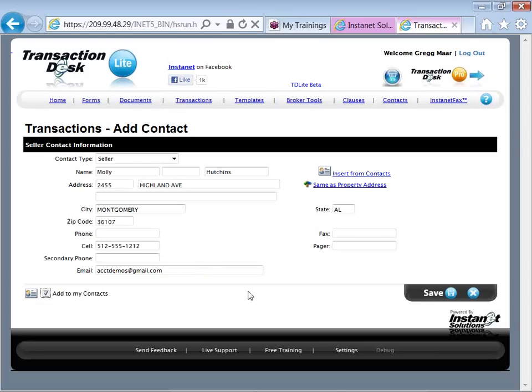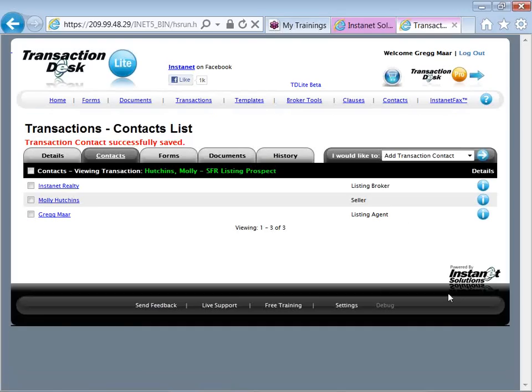So as I scroll over to the right-hand side of the screen, clicking on the Save diskette, two things happen, right? Molly is added to my transaction file. Molly is saved to my contacts database. Top right corner of the screen, contacts. Saved in both places. There are husbands and wives, brothers and children, parents and grandparents. Add them in separately to ensure that your contacts are auto-filling all those printed name fields under all those